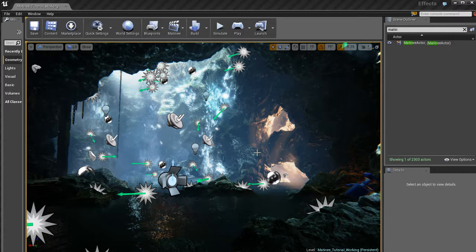That should show you the basics and get you kind of jump started in the right direction with Matinee. It's a very powerful tool. It allows you to animate more than just cameras. You can animate particle systems. You can animate colors and parameters on material instances, which is a great way of creating some cool special effects when doing cinematics for your games. And you can animate lights. You can animate